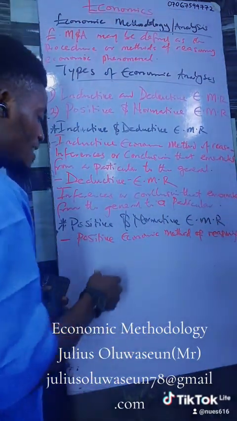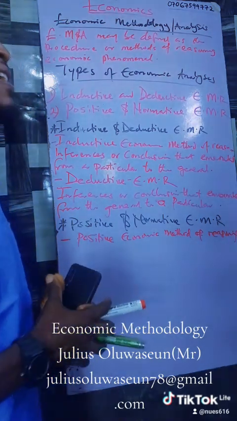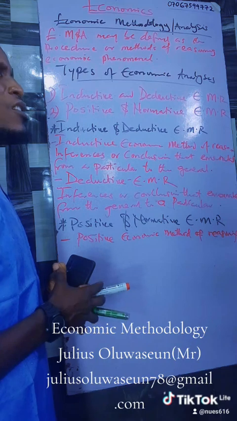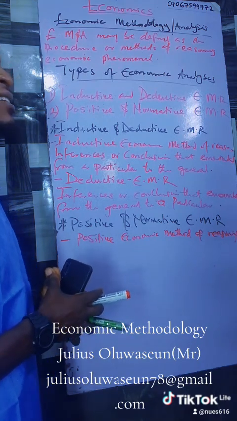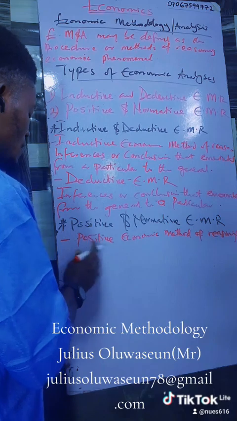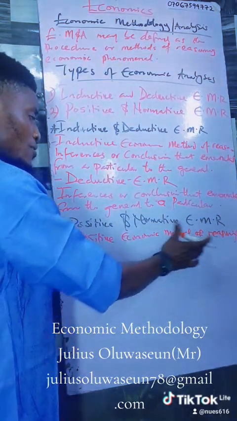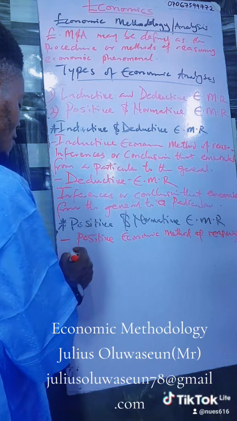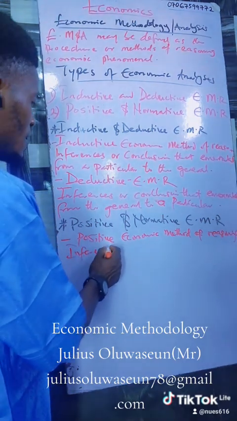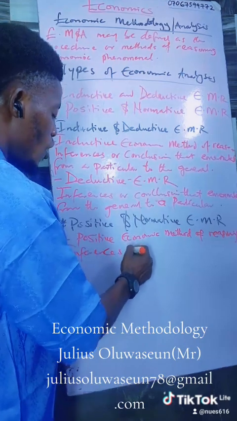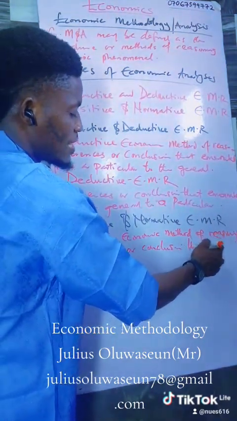The positive economic method of reasoning is based on facts and figures. Am I communicating? There is a kind of reasoning that is based on facts and figures. That is positive economic method of reasoning. So it is a kind of inference or conclusion that indicates